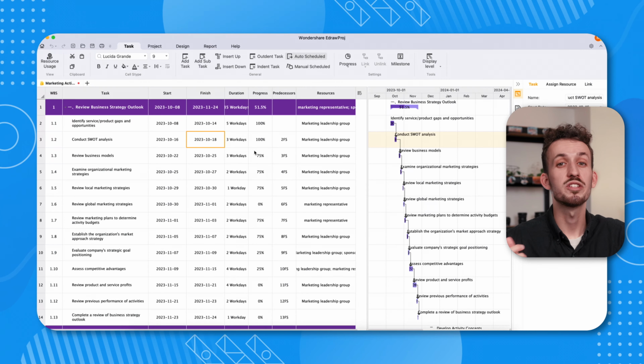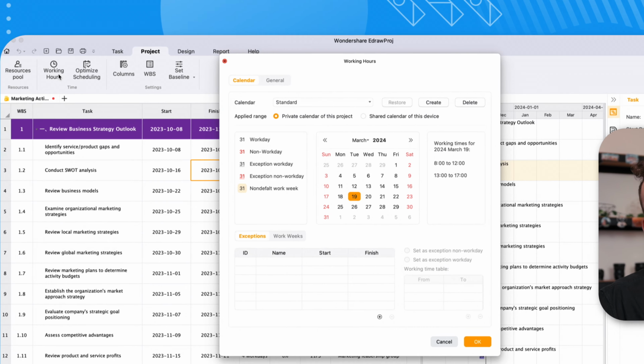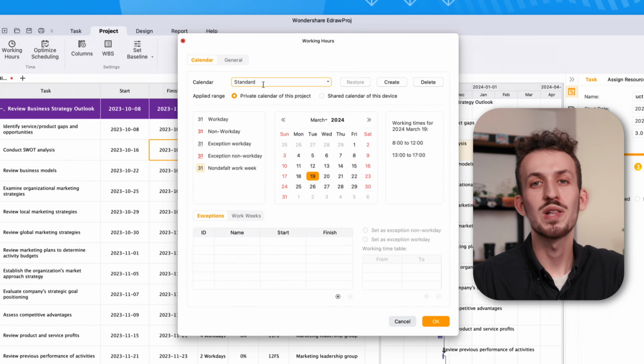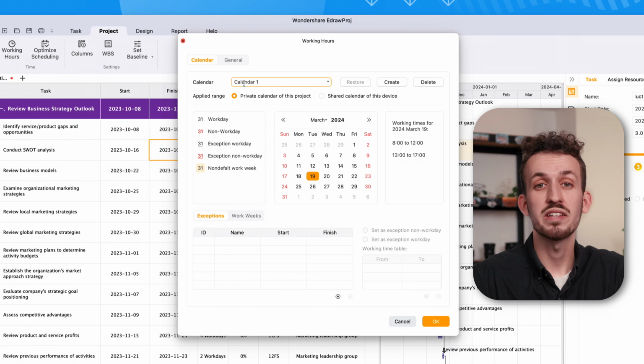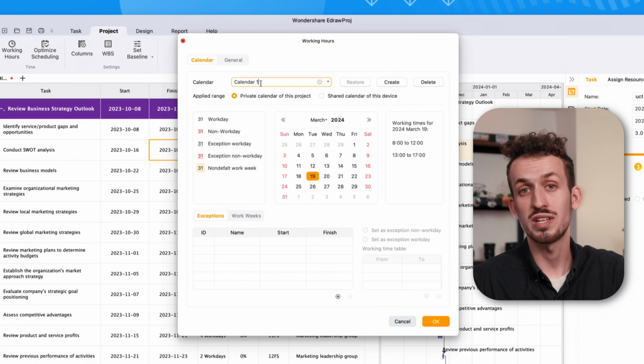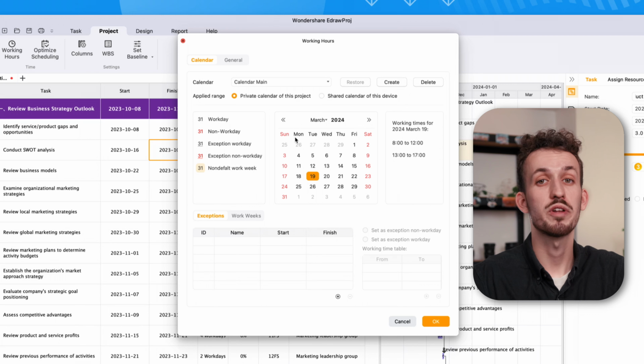Step 1. From the top toolbar, click the project option and navigate to the working hours option. As you choose it, a pop-up will appear for further processing. Step 2. You can use the standard calendar or make a new one according to your needs and save it for future projects. For this, use the Create button, extend the list of calendars